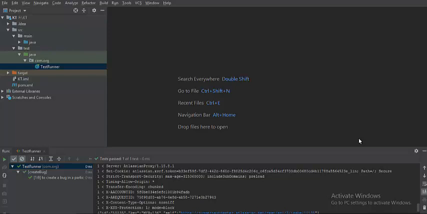So now in this lecture I have something new for you, which is executing the tests from the command line. Ever since this learning started, right from the beginning, we have been working with a Maven project. The build tool we selected was Maven, and the same is helping us resolve the dependencies too.